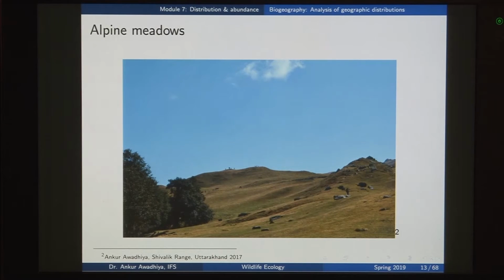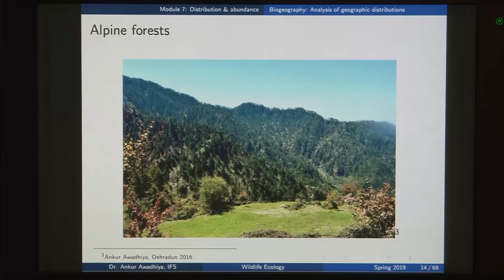Now, another kind of habitat that we have is known as an alpine forest. Now, again, alpine is a mountainous area, so alpine forests are those forests that are found in the mountainous areas. Now, typically you will find coniferous trees, and you will also find some broadleaf trees. Now, in the case of these coniferous trees, you will have a structure that permits snow to fall down, because